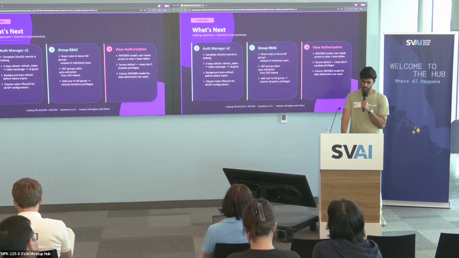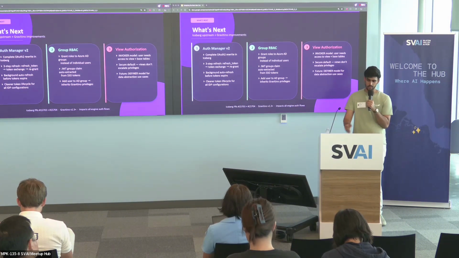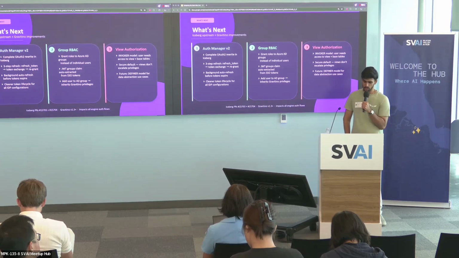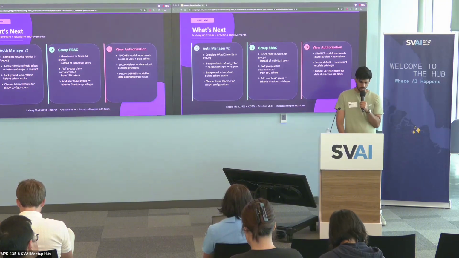And there are some improvements in the view authorization in Iceberg and Gravitino. So Gravitino already has the invoker security model, which is like when you query a view, you need access to both the view and the underlying base tables. But looking ahead, both the Iceberg spec and Gravitino are planning to support the definer model, which would let views run with the creator's permissions, which would be useful for data abstraction, like views that filter some sensitive data or PII columns and stuff. So yeah, these are some things which we are looking forward to, which can improve our auth